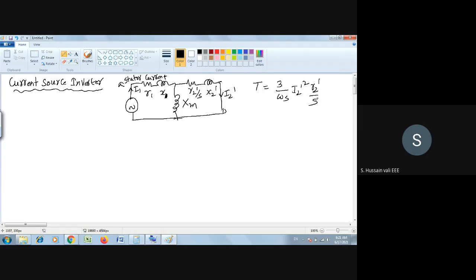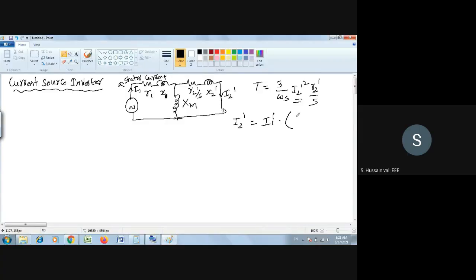Now, this has a relationship with I2 dash, that is the rotor current. How can I find out I2 dash from this circuit diagram? I can find out something like this: I1 into